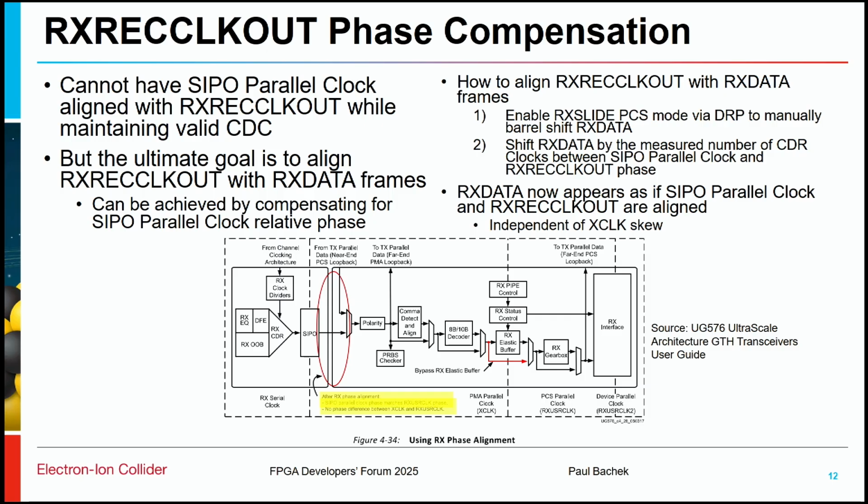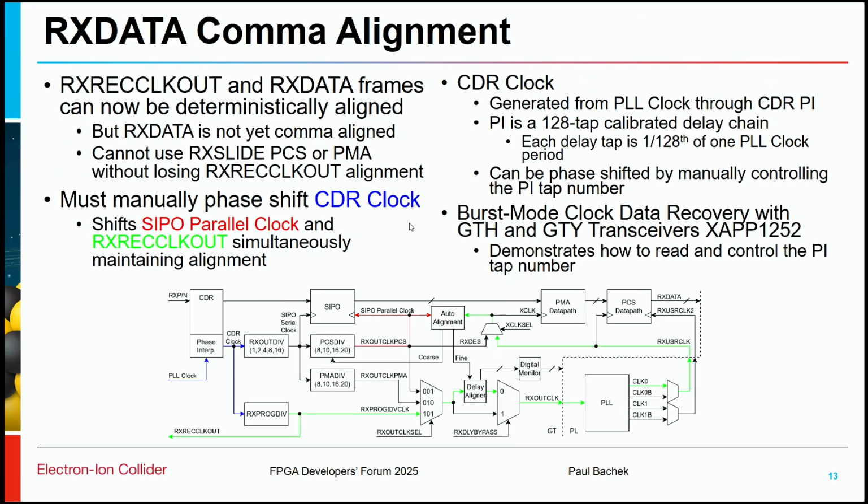and then we can shift the data that's presented to the user logic by the same number of bits as we found in the previous step, and that will allow us to have data presented to the user logic as if the recovered clock that we're sending out is actually deserializing the data, so that they're always in phase. And this is all good, but the only problem is we have not aligned the data to a comma boundary